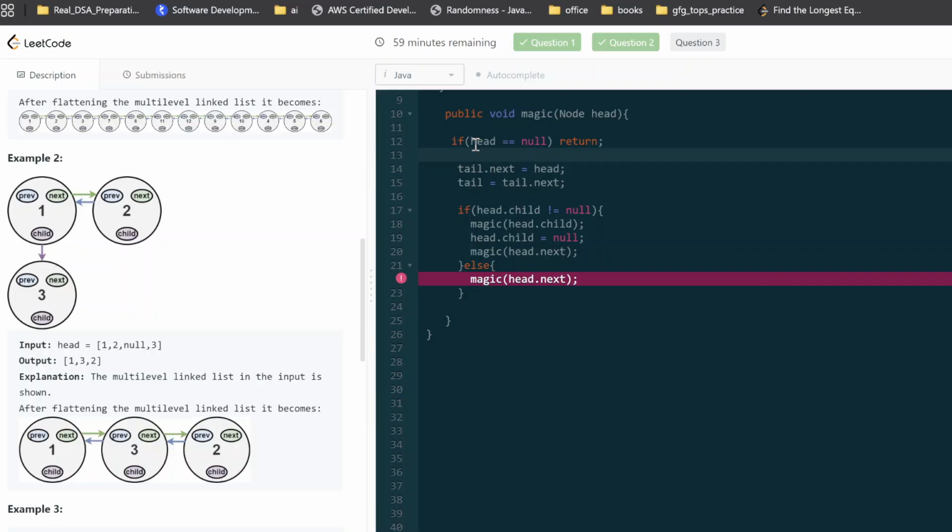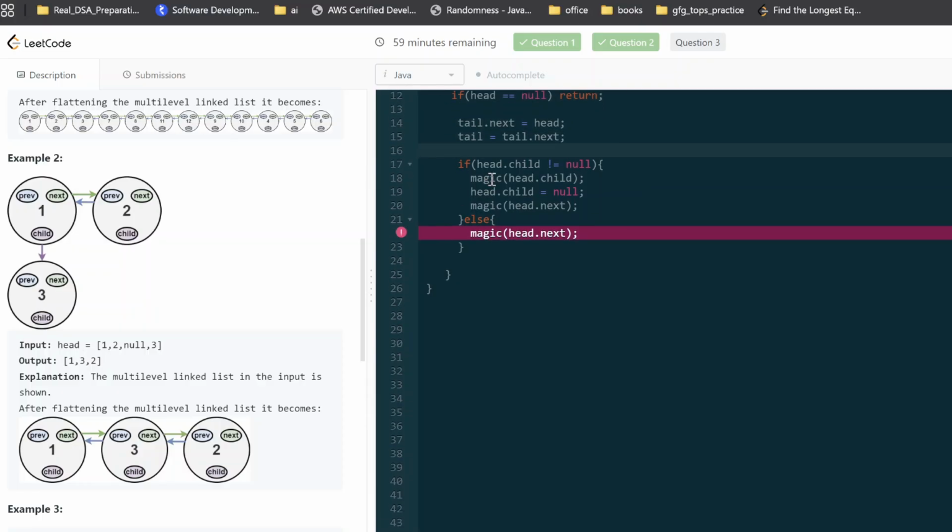Do you have anything else for this? No, I think this is fine. Tail dot next is equal to head, right? And then tail is equal to tail dot next. This is fine. Now, if head dot child is not equal to null,